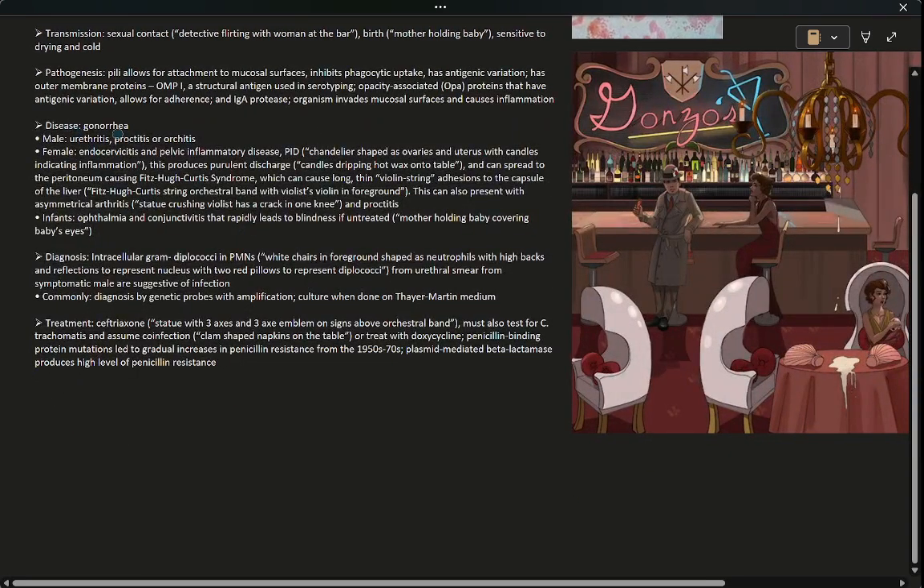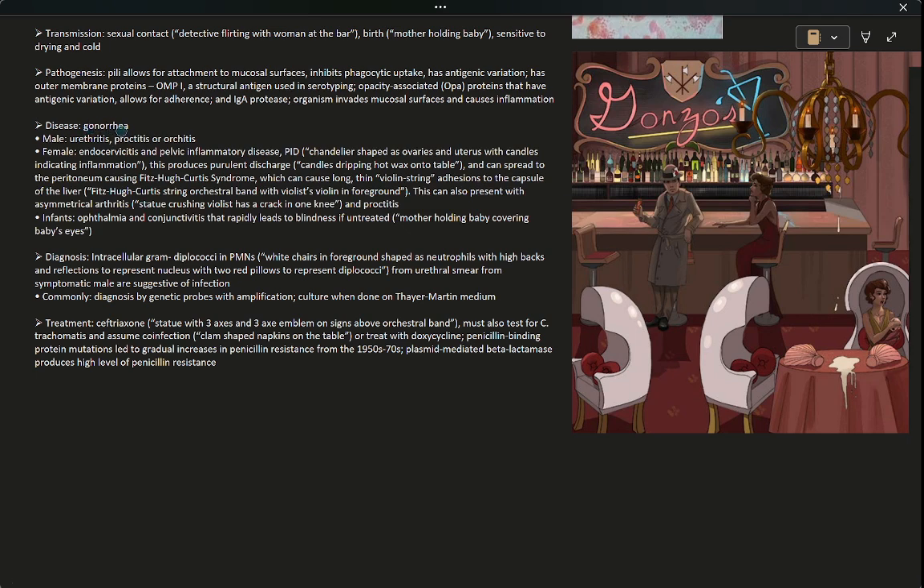Now for the disease, obviously it's going to cause gonorrhea, and in males, the gonorrhea can present as urethritis, proctitis, or orchitis. The urethritis simply